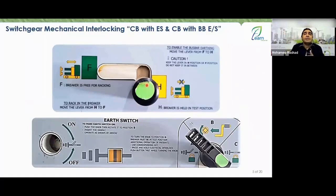All right, guys, so this is the mechanical interlock between these two. Okay, that's for the ground I have. Now, suppose the bus bar's ground is closed. If I close the breaker, then I'm connecting power from my feeder to the bus bar that is grounded. So what does that mean? It means a short circuit will happen, right? Or am I wrong? Okay, so here I have created a mechanical interlock between the movement of the breaker rack,